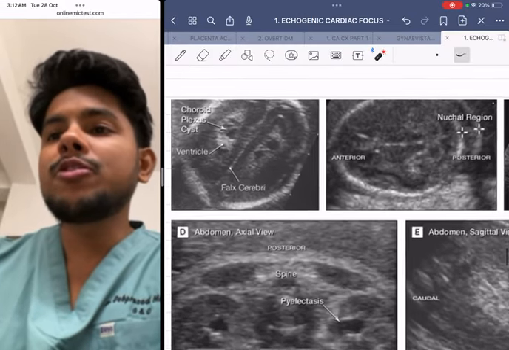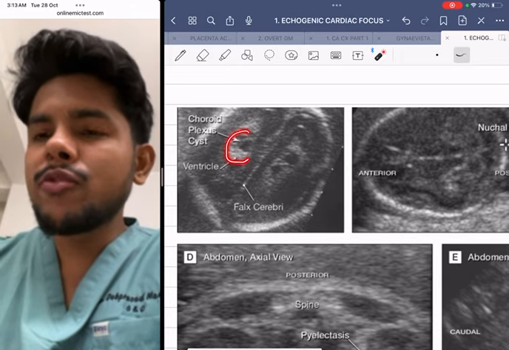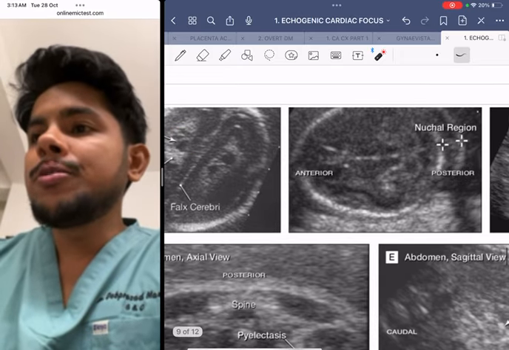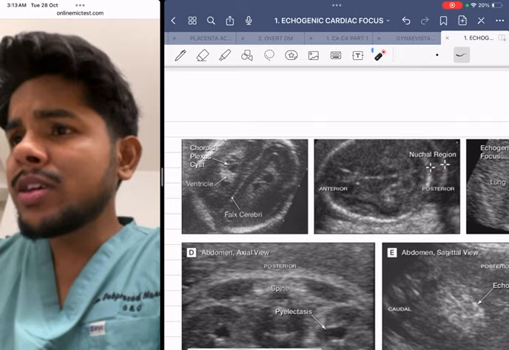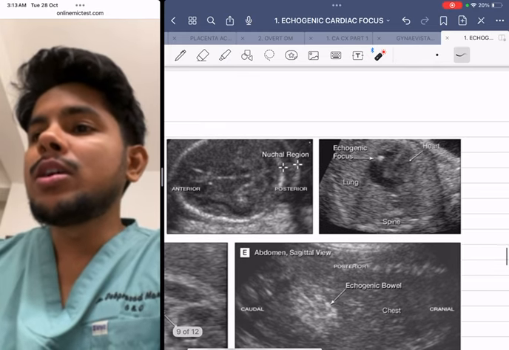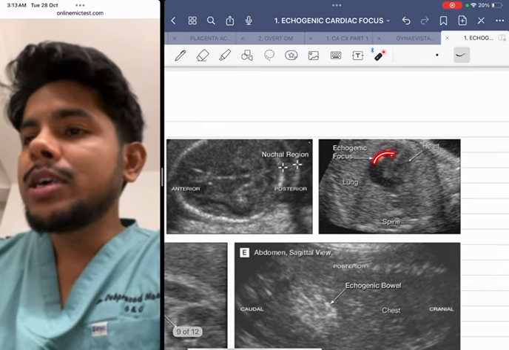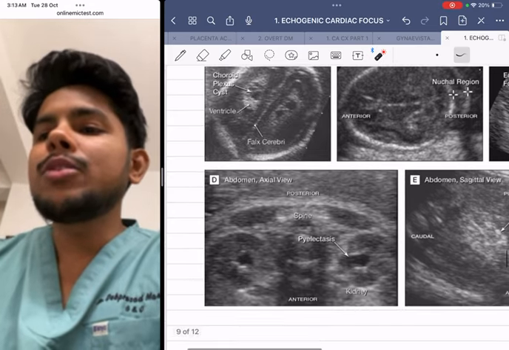You can see this in the first picture. We can see this is the choroid plexus cyst over here. Then we have got something known as the increased nuchal skin fold thickness. We have got the echogenic cardiac focus over here. Can you see this echogenic cardiac focus over here? Then we have got